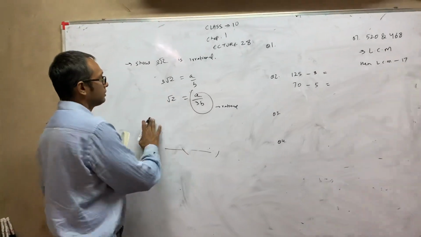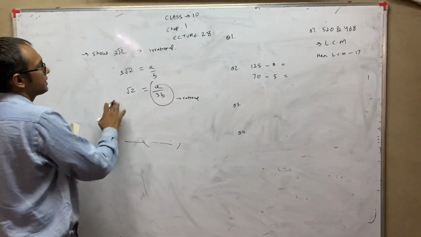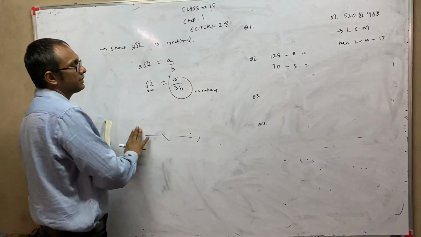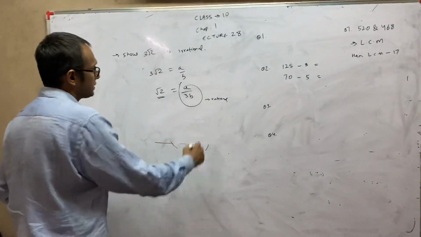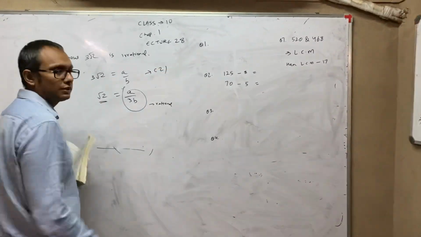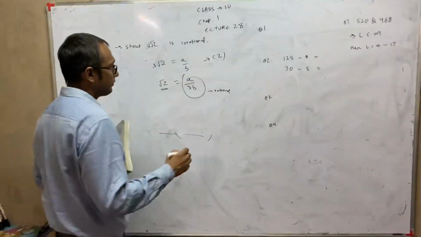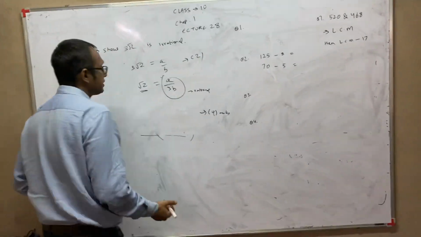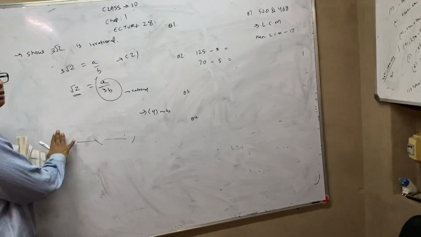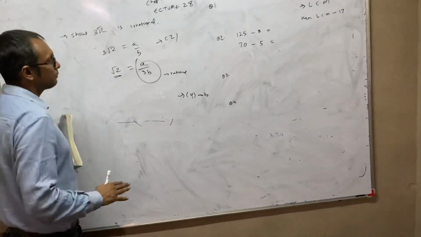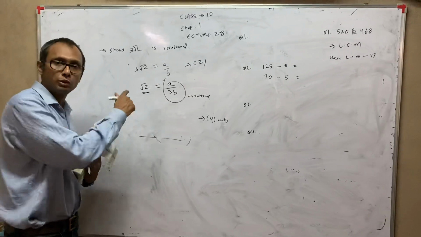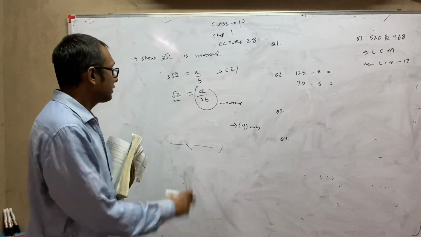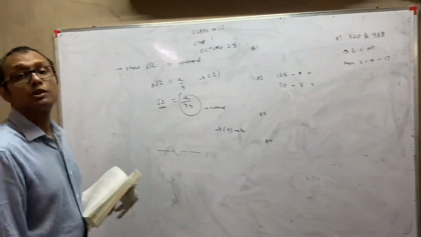Okay. So in both these sums, first step is you will keep the root term on one side and the other terms on the other side, and then the same argument. Okay. Now generally this sum comes for 2 marks. But remember one thing: if in case this sum comes for 4 marks, then one additional step you have to do is you have to prove, say root 2, root 3, whatever is there, that it is irrational. That theorem which we did the other day, that whole thing you have to write. But if this sum comes for 2 marks, then you don't have to do that.